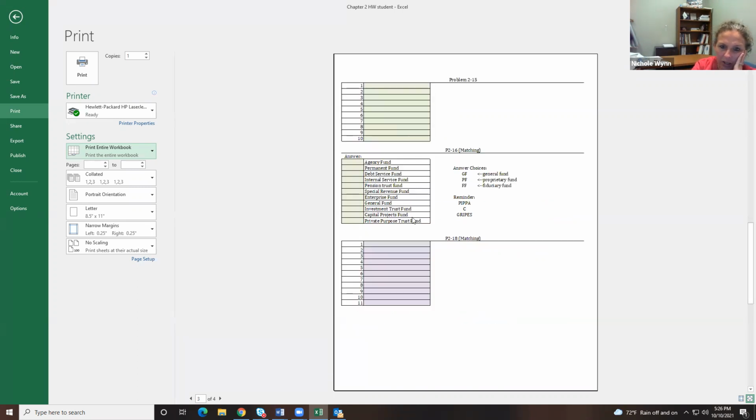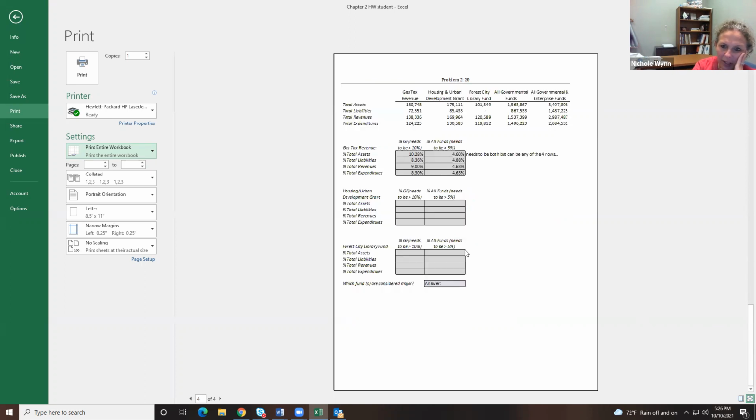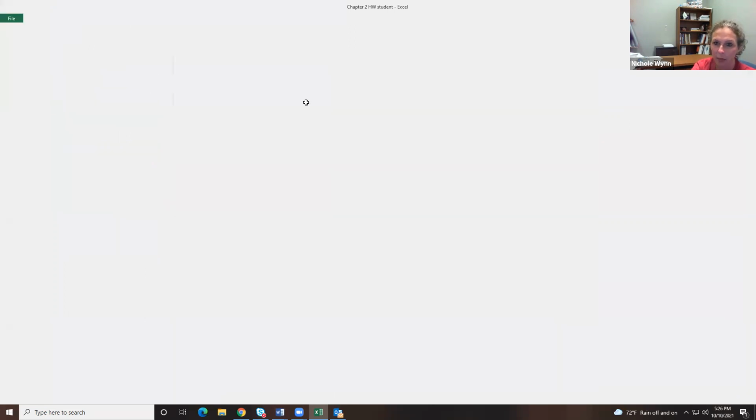Okay, and then you're going to do 3 that are like matching. These shouldn't take too much. Like an agency fund as an example is a fiduciary fund, so you'll put FF. Okay. And then I said reminder, Pippa Sea Gripes. And then this is a matching one, so you'll just look on page problem 218. And then the last one is that one with the numbers. I don't think the chapter 2 homework is bad at all. So you're going to do 2 chapters this week because the homework is pretty short and we haven't learned any journal entries yet. And then we'll get into the good stuff.